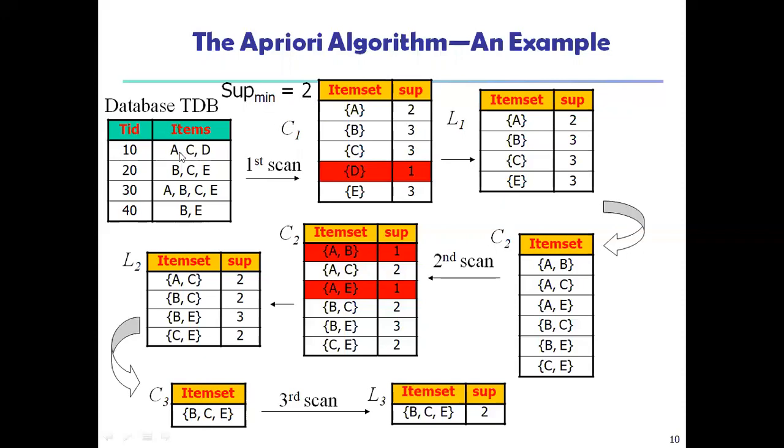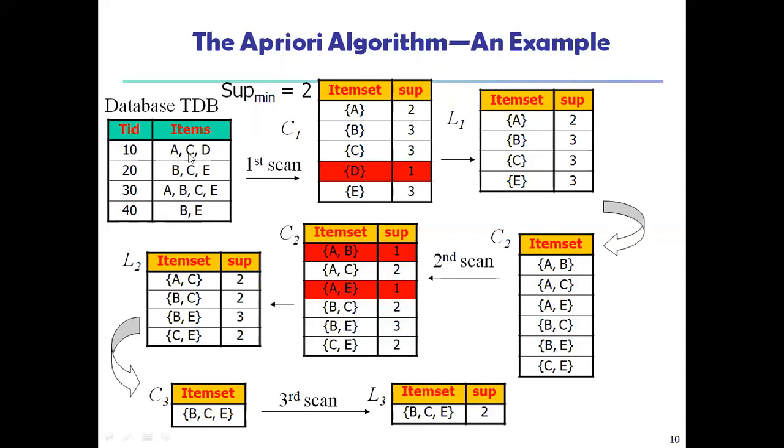If you see here, first take the items one by one. First we'll go for A. A is here in the first transaction, in transaction 2 it is not there, in transaction 3 it has appeared once, and in transaction 4 there is no A. So A has occurred in transaction 10 and transaction 30, so it occurred 2 times. So we take A equal to 2. That means the support count is 2, and the minimum support count should also be 2. So we are taking the value as 2.